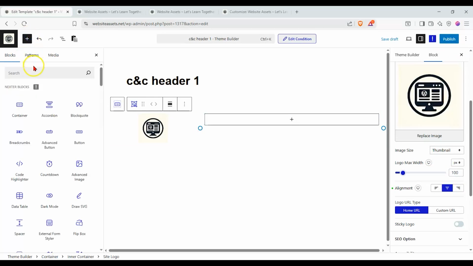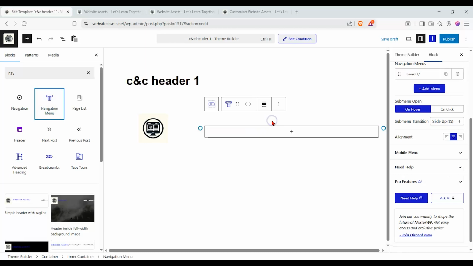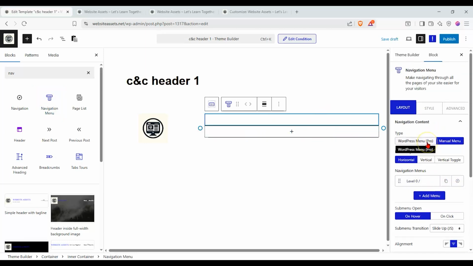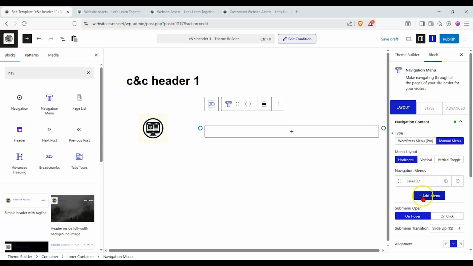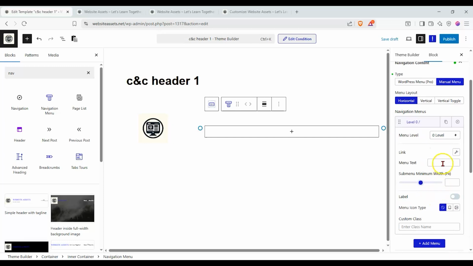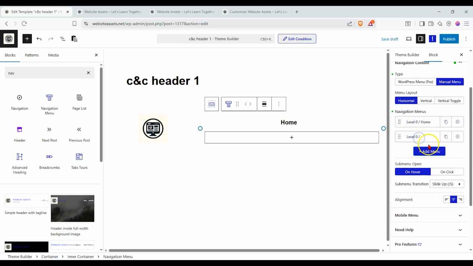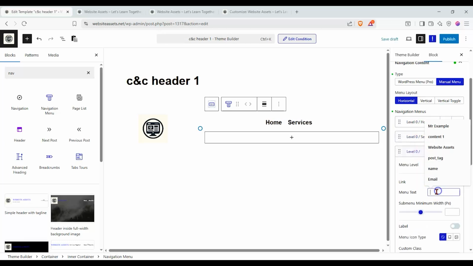Next, let's add a navigation menu. Drag and drop that over here, and as you can see, we don't have anything yet. So we can use WordPress menus if you have Nextdoor Pro, but for the manual menu, it's okay. We can have it as a vertical menu or a horizontal menu, but let's add some items first. So first off, we have home. Next, we'll have, and then next we will have